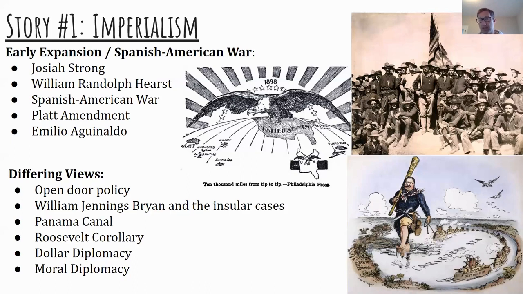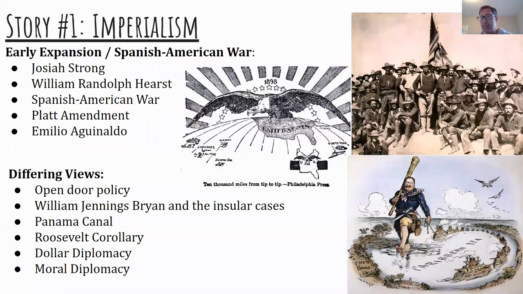Important to know about Woodrow Wilson, while his moral diplomacy does extend to most parts of the world, like other imperial presidents, he was willing to kind of abandon moral diplomacy if it was in our economic best interests, especially in the Western Hemisphere, in parts of the Caribbean and South America and in Mexico.